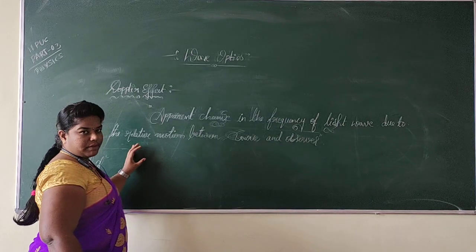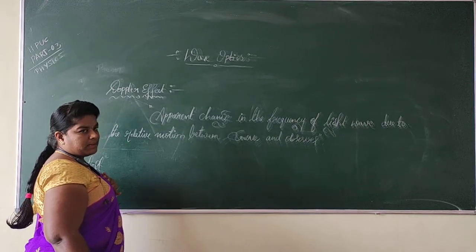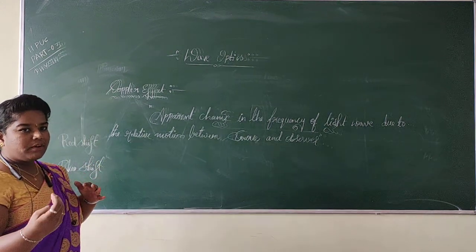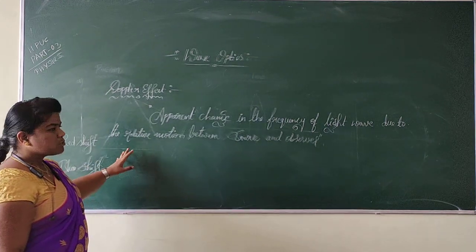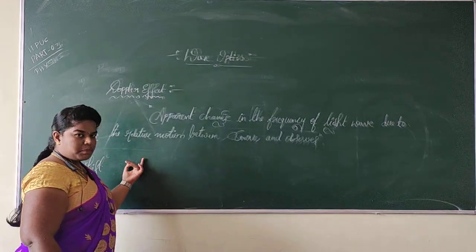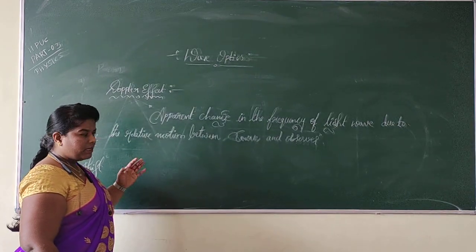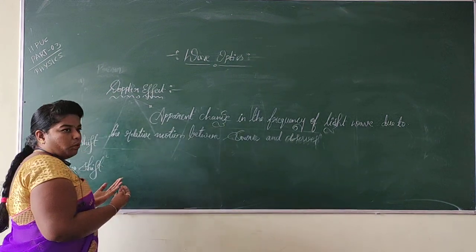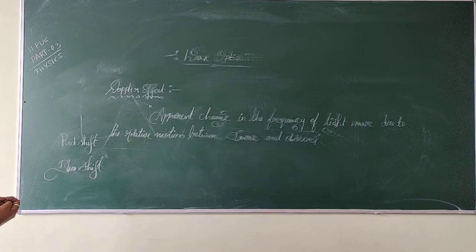I consider the board as the observer. So I am a source, I am producing the light. If I am just moving away from this observer, it means this board is an observer, this board is not moving, but I am the source, and I can move. So when I just move away from this observer,